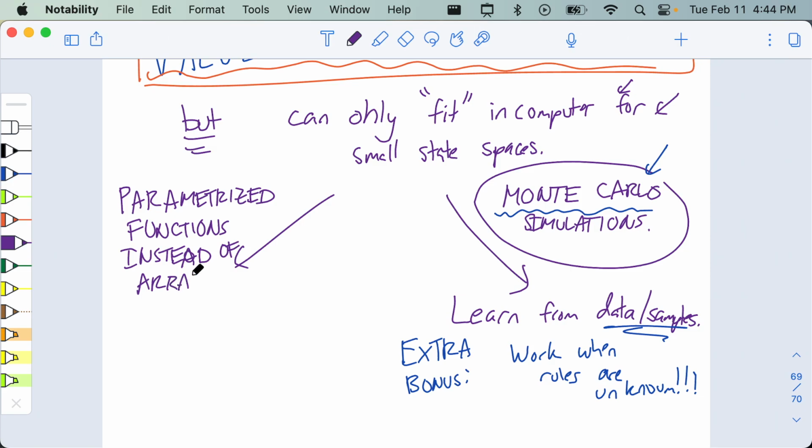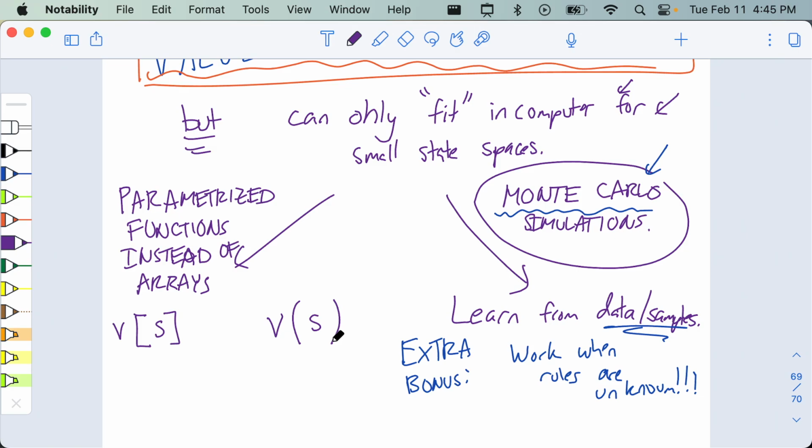And at a functional level, what this is going to mean in your code: right now all of your code looks like this, v of s. That's what it looks like, v square bracket s. There's the state s. We look it up in our set of states we've stored, and we look at the value of v of s. Later in the course, we are going to do v of s like this with circle brackets. And so v is going to be a function. It's not going to look up the state s